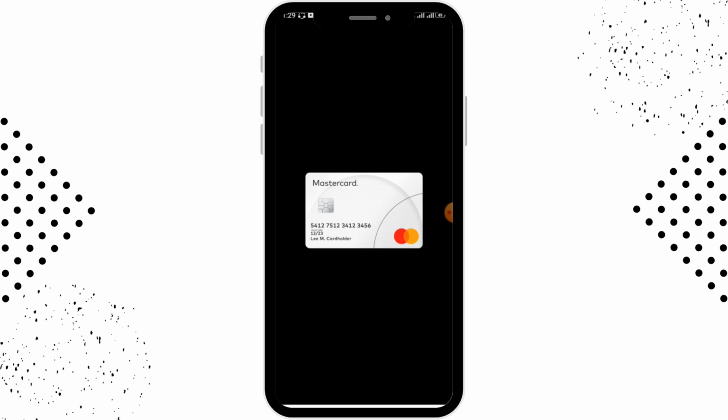for payments. So in order to get a Mastercard, you need your PAN card, which is personal account number. And after getting the PAN card, you can either visit your bank and from there you can fill up the form and ask for Mastercard, or if you are using digital banking, then you can open up your mobile banking and from there you'll be able to see applying for Visa or Mastercard options, and from there you can